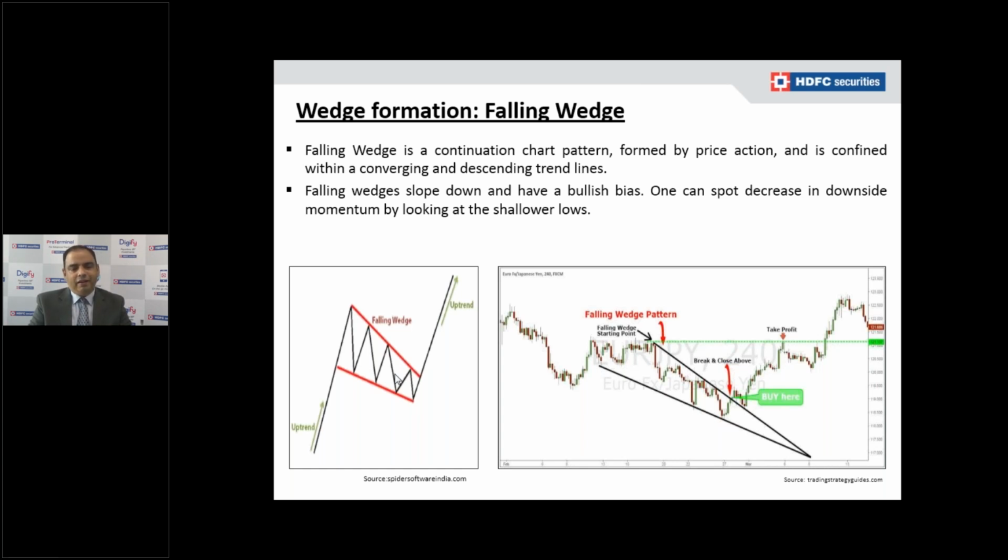In the same way, the upside target for this falling wedge would be the distance of the wedge pattern, which you can calculate from the upside breakout point. You can see it clearly in the chart. It was a long falling wedge. See the trend lines converging. Once it broke out of the wedge, a clear uptrend occurred.